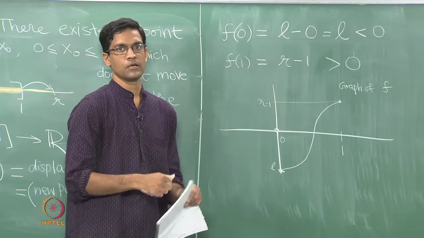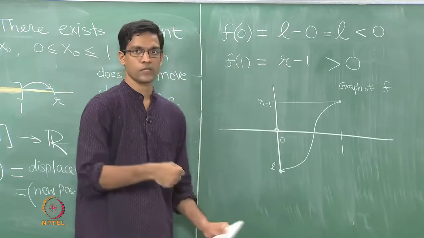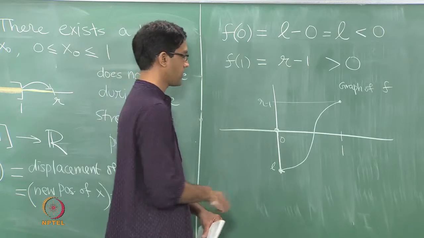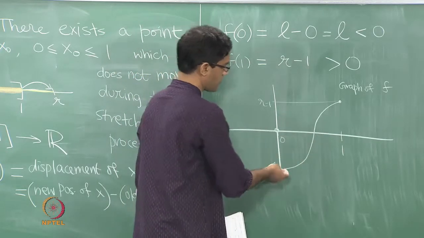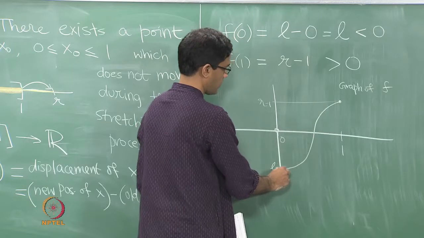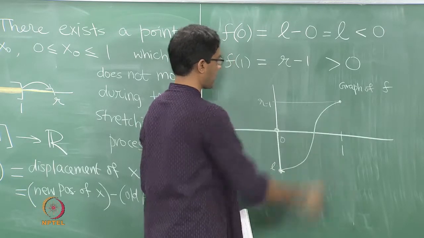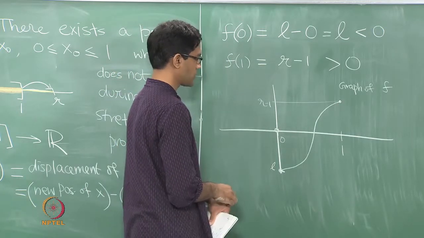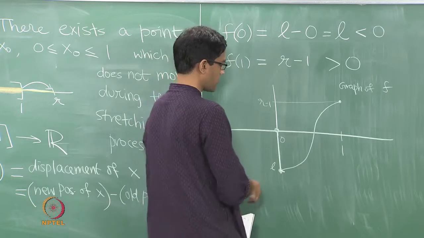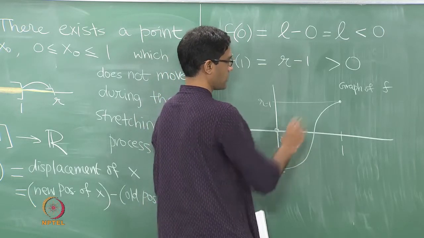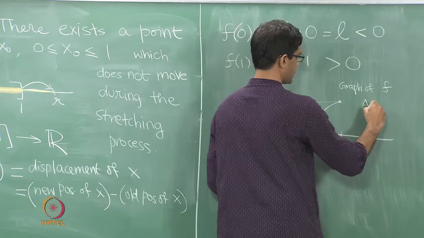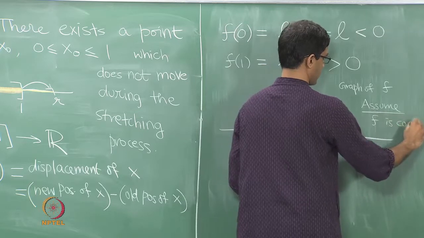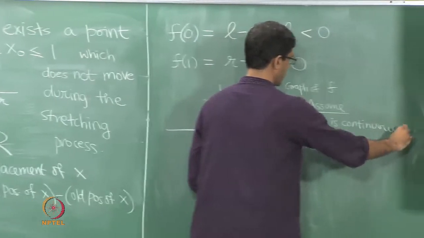I might have stretched the left half of the rubber band a little more than the right half and so on and so forth. So depending on what exactly was done to the rubber band, the shape of this graph would change. Instead of going up like this, it might have gone a lot more up initially and down later and so on. But again, I don't really care. As I said, it's independent of how the stretch was performed. The key property now is the following. The only thing we need is that the stretch is continuous. So we are going to assume, and it's a reasonable assumption to make, that f is continuous. It just says that you deform it in a continuous fashion.